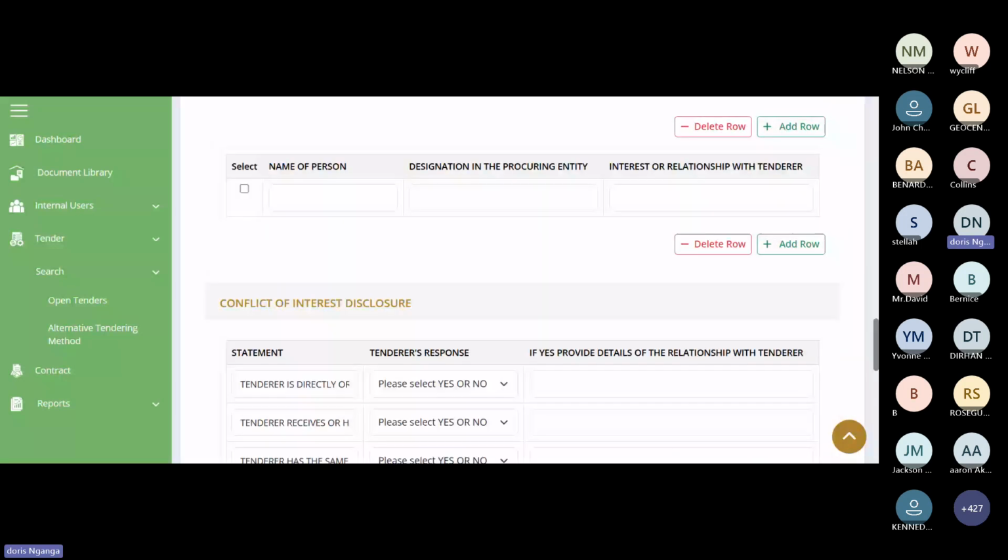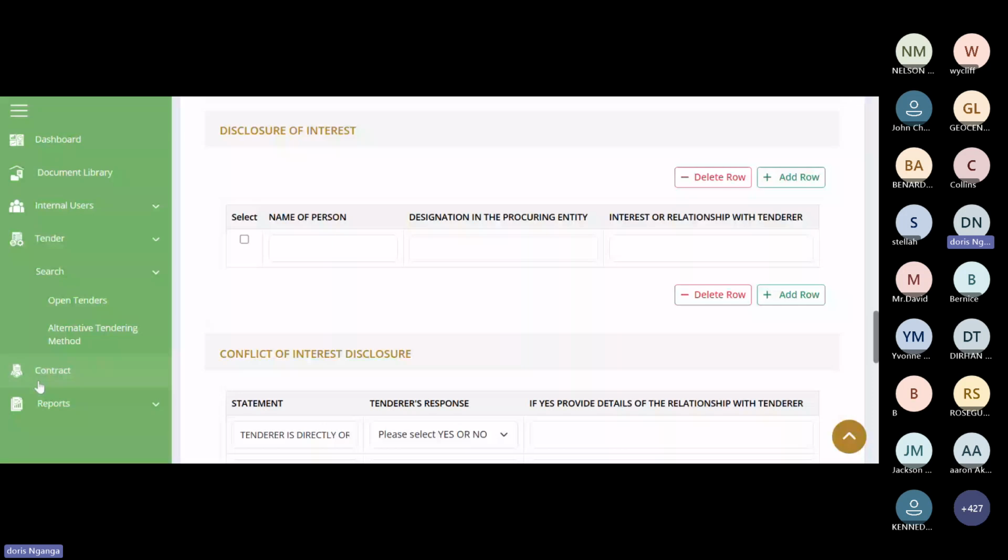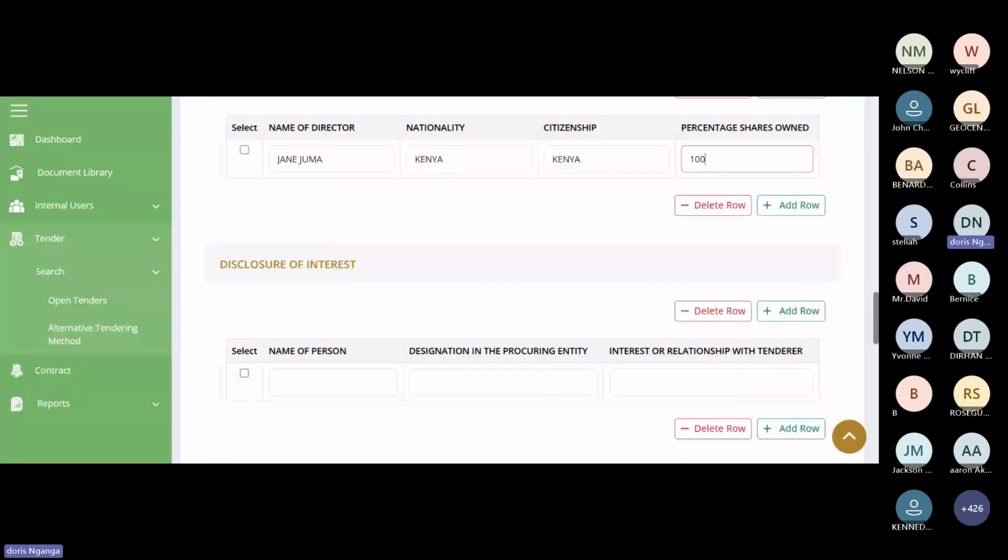Disclosure of interest. We are required to disclose interest, if we have any, in that procuring company. Let's say, for example, in this instance, Jane, who is the director of this company, has a sister who works in that procuring entity. So you're supposed to give out the details of your sister as they work in that organization. So we can say, my sister is called Grace Juma.